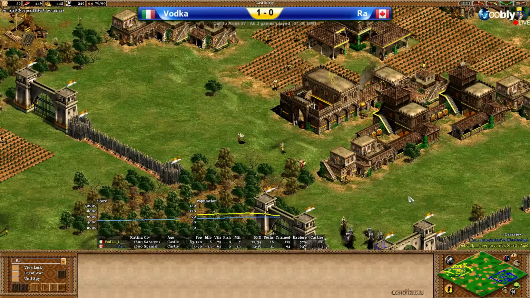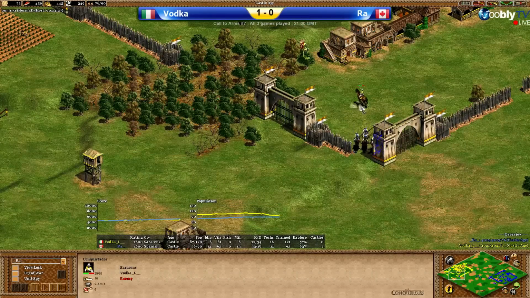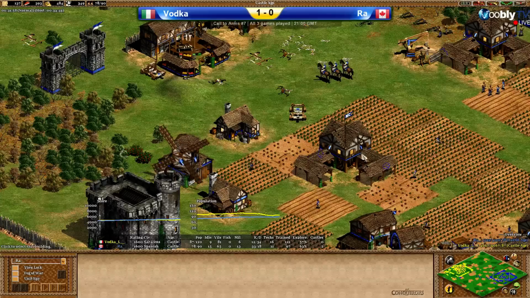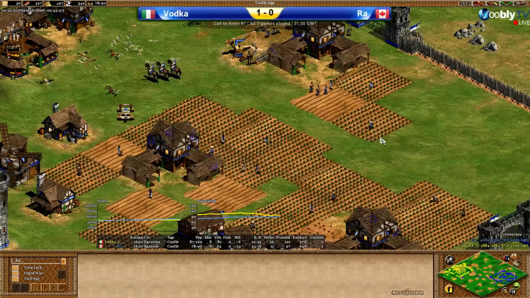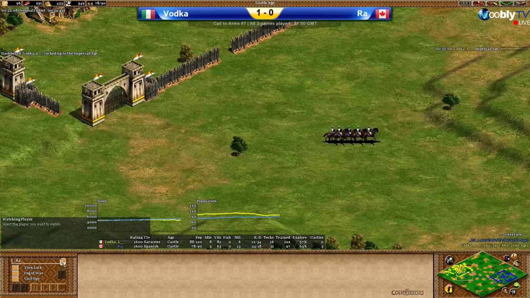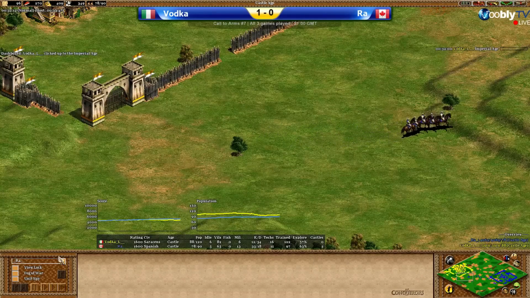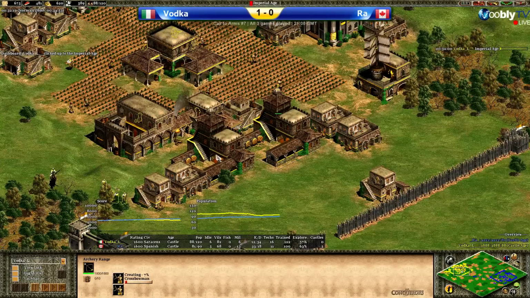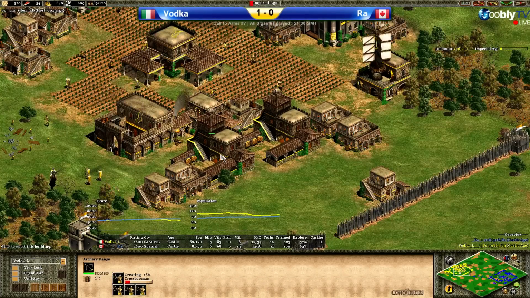But he is 16 villagers behind at this point. Yeah, this is just getting a bit out of hand. Unless Ra can get up quick though. Vodka's up first. And look at the resources he has too. He's got enough stone to go for a castle very shortly. Got plenty of gold in the back. He's got a load of gold in the back. He clicked up and then managed to...